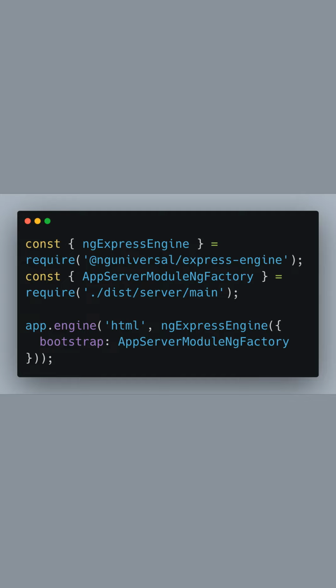To set up Angular Universal, we require the ngExpressEngine from the @nguniversal/express-engine package. This engine enables our Express app to render Angular views. We then provide the AppServerModuleNgFactory, which is the compiled server module that our Angular app uses